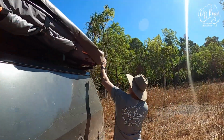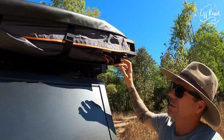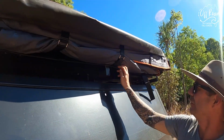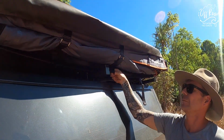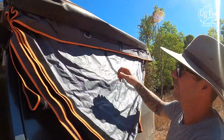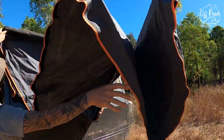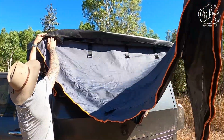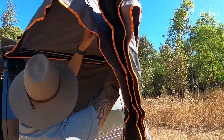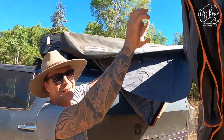Just obviously unzip it, pull the bag over. It's got three little straps on here which hold it all in nice and tight. So what we do, we just come through, undo these bad boys, all that flat falls down. So what happens, comes out once, comes out twice, comes out 3 times, sorry, 4 times, can't count. And